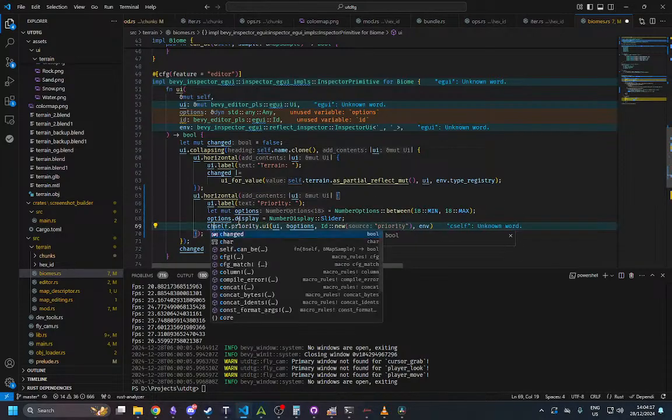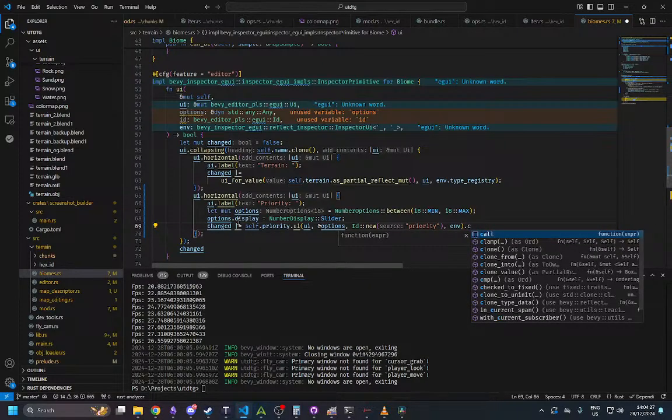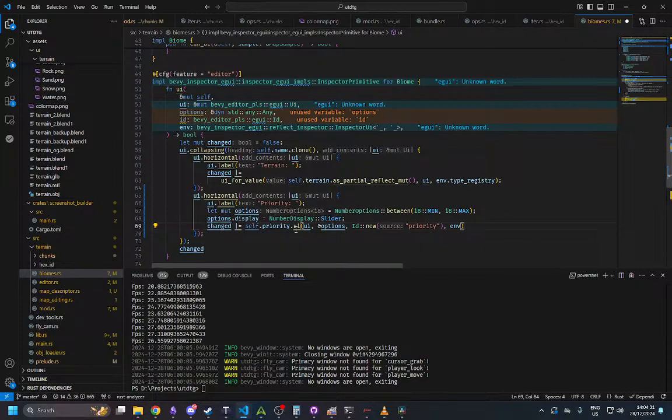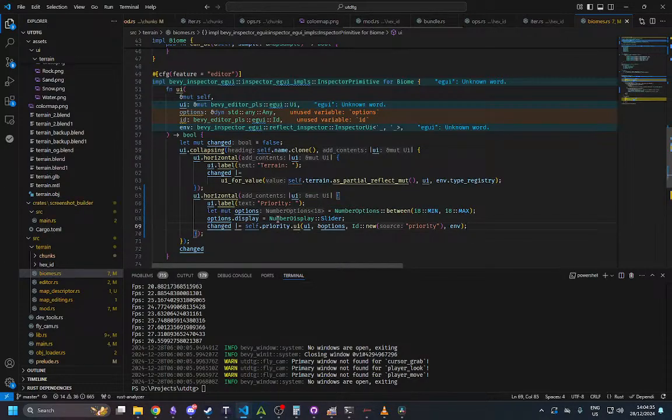So then we say changed. UI, I use, returns a boolean, which means it's probably the change detection. All right, so now we can edit the priority of different ones, and then next is to go